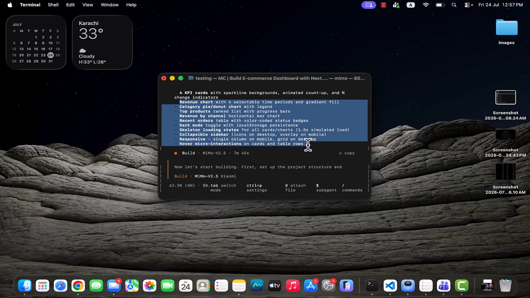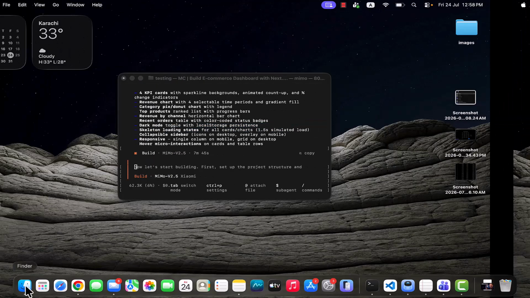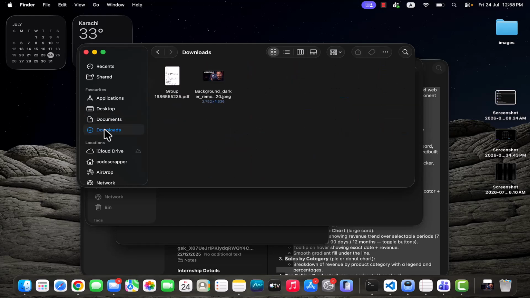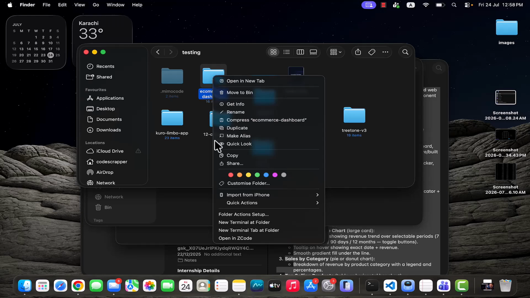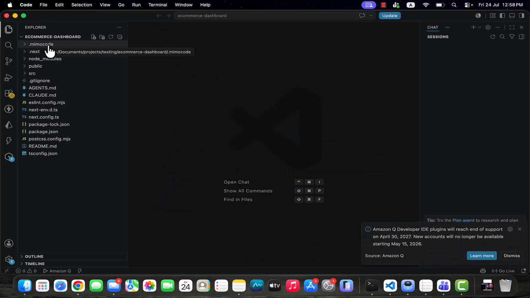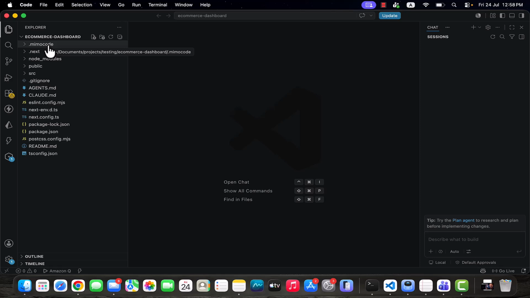All of this stuff is now updated in our application, like the revenue chart, category pie and discount, top products ranked, and then revenue by channel, and recent orders tables, color, and this stuff is also done. And then if you want to check this application, we have downloaded it. So here is the e-commerce application. I can open it. Here is the application where we have used Mimo Code for AI, and Mimo Code developed this project,